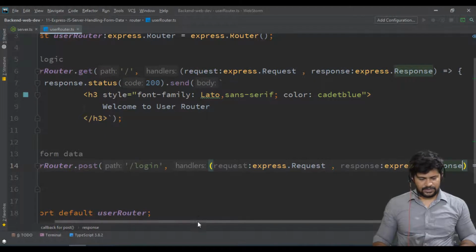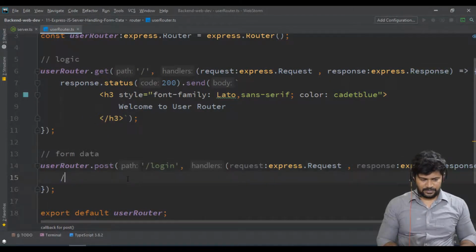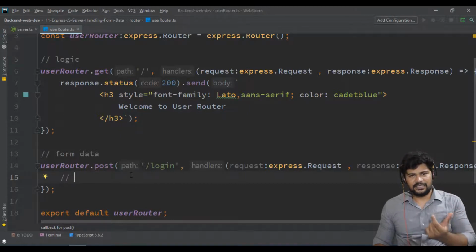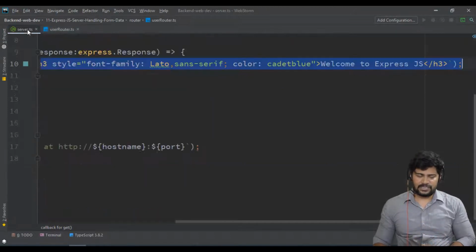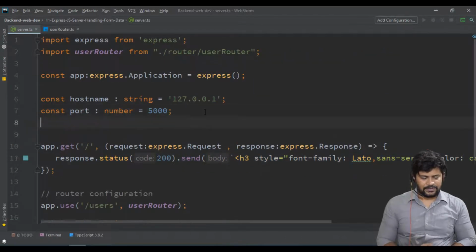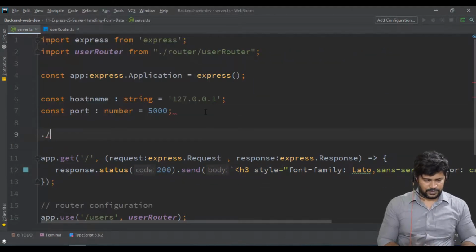Now, to receive form data, what do you do? In Express.js, whenever you are trying to receive form data, you have to make a small configuration. What is the configuration in Express.js to receive form data? Go to server.ts, and somewhere near the start you can configure it. Let me show you.